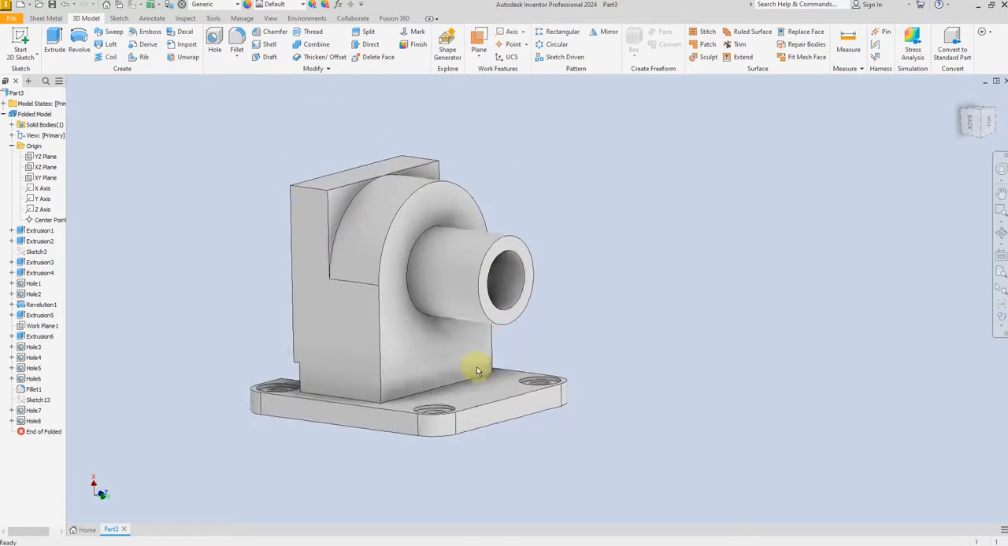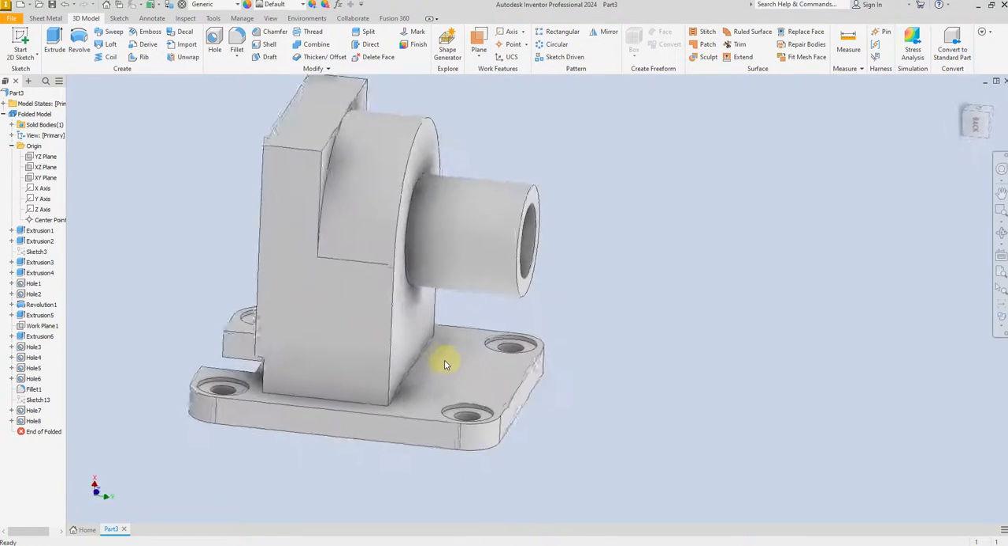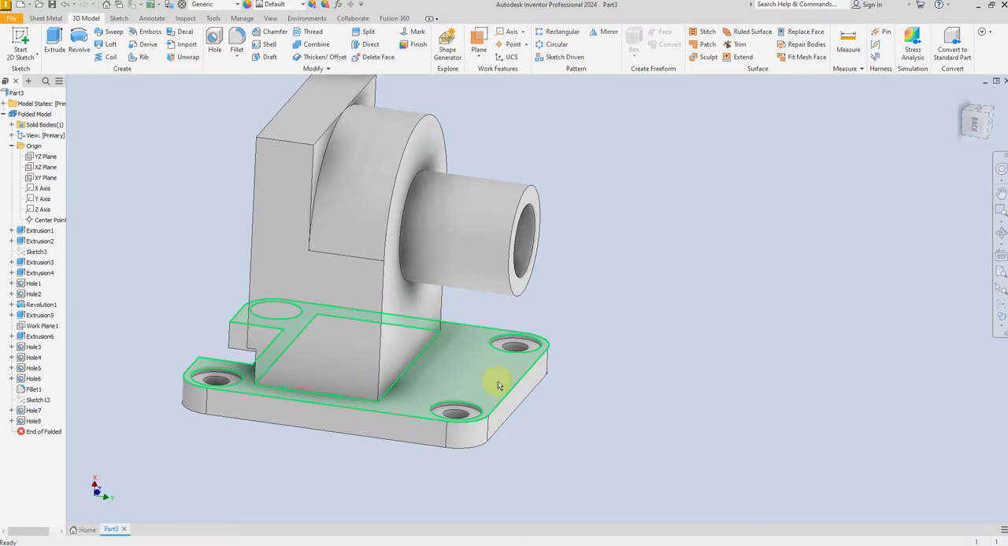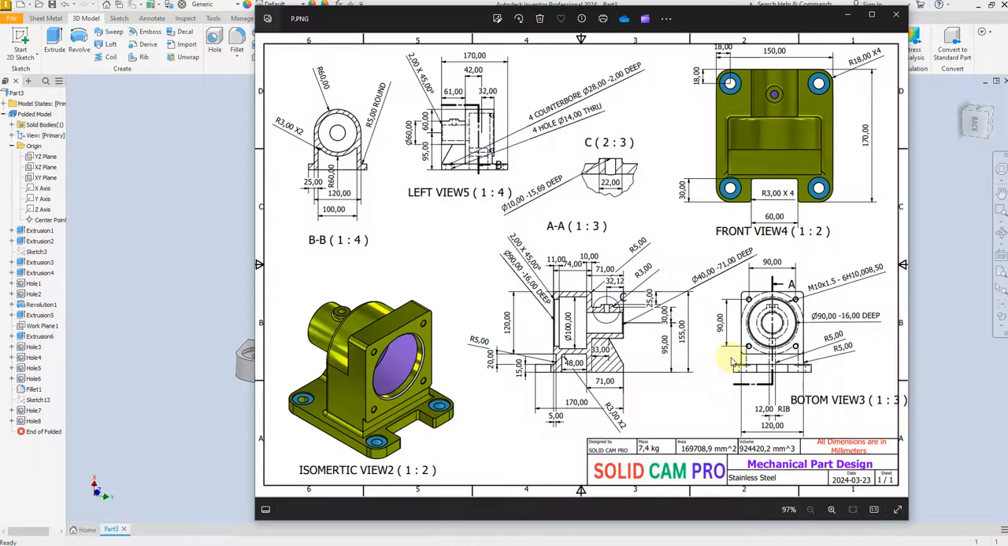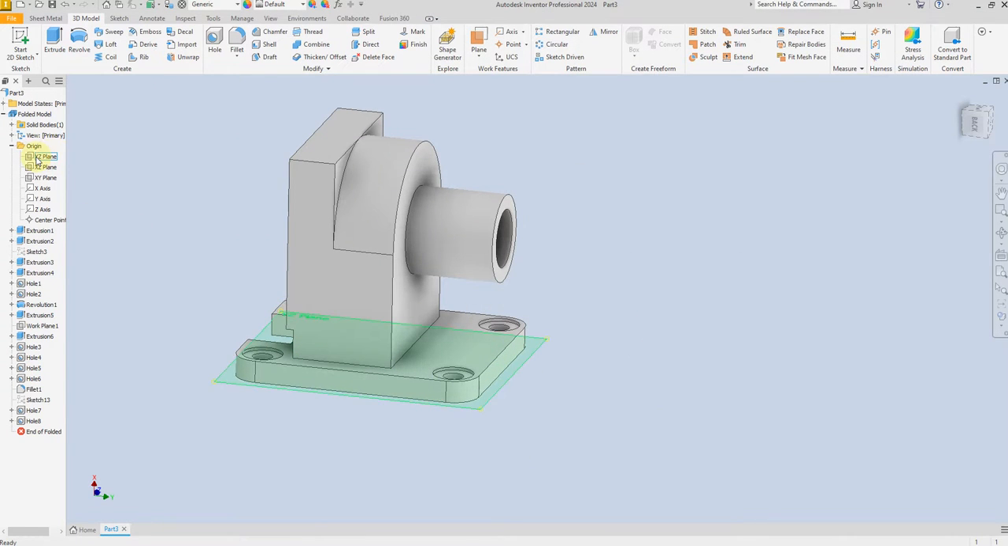So now we are going to apply a rib here. So let's check the dimension. The thickness 12 mm, and the dimension from here to here we have 33 mm, and this rib is on the center, as you see here, on the center of this part. So let's select mid plane,